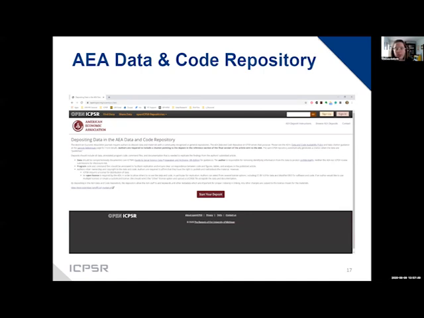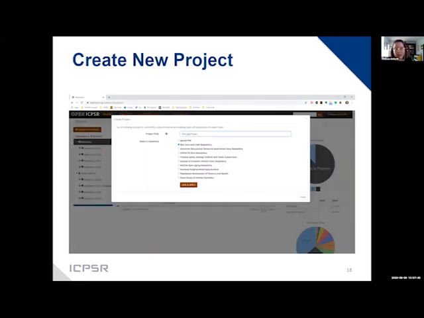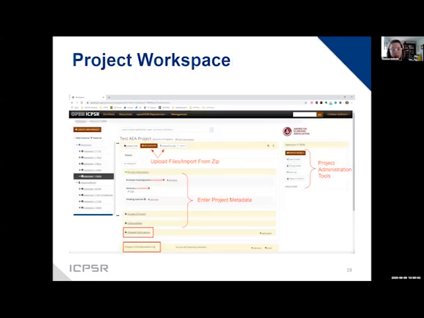So depositors initiate the deposit of data collection by starting with the Create New Project modal. Next slide, yeah, thank you. And this button is where they enter in a project title and select the AEA repository from the list of repository options. The OpenICPSR identifying number that Lars mentioned is created right away here in this initial step. They then proceed to the project workspace, where the majority of the project work and documentation occurs.